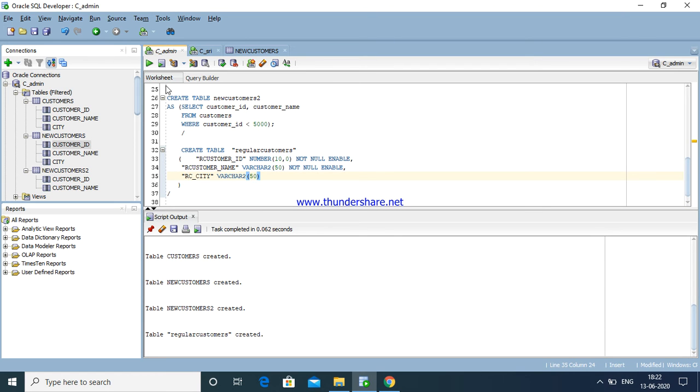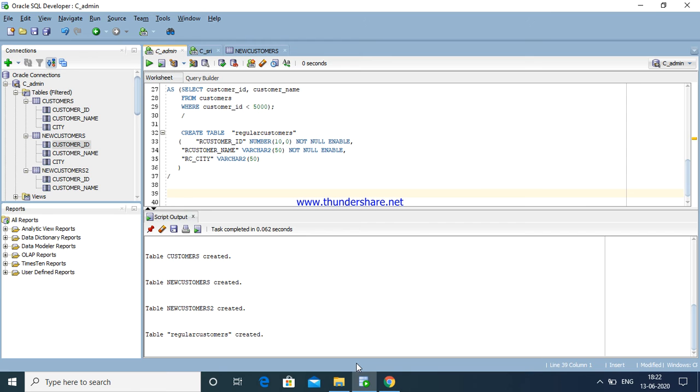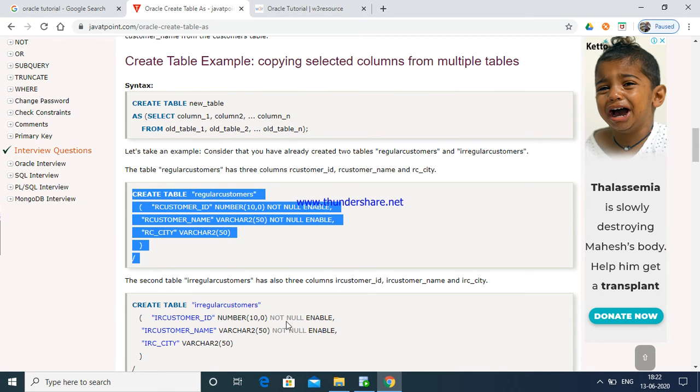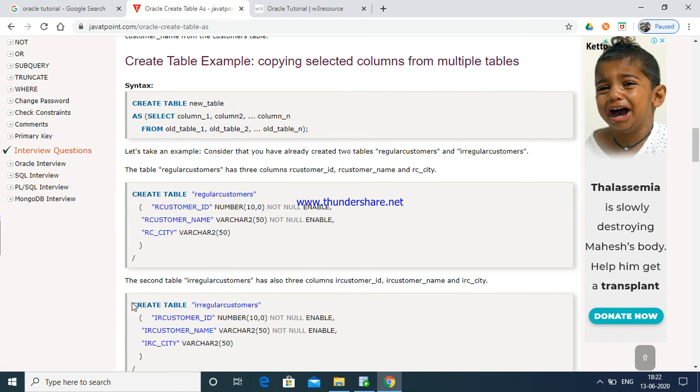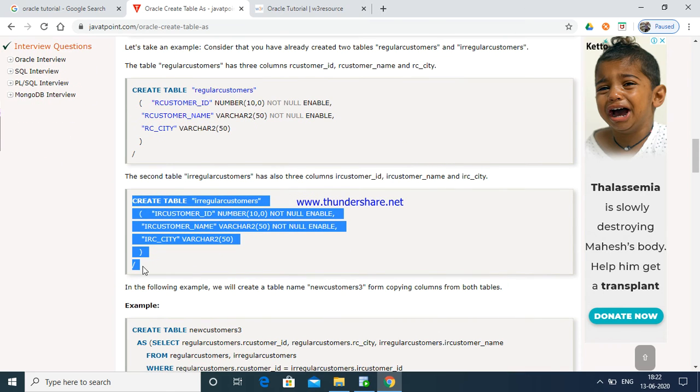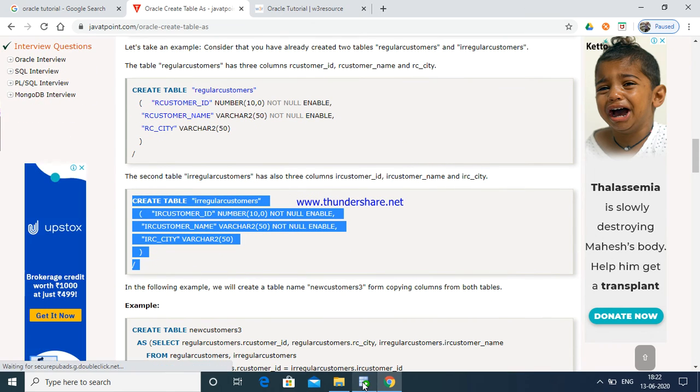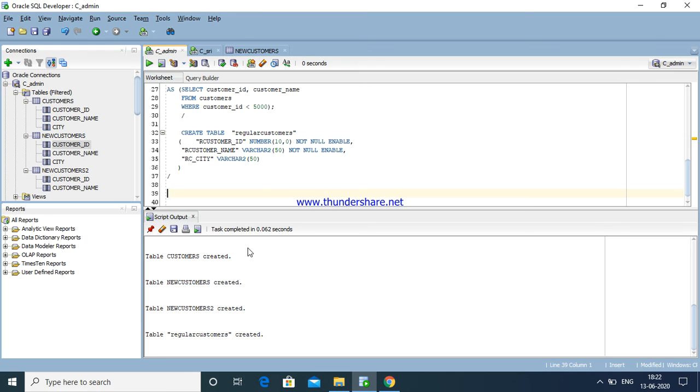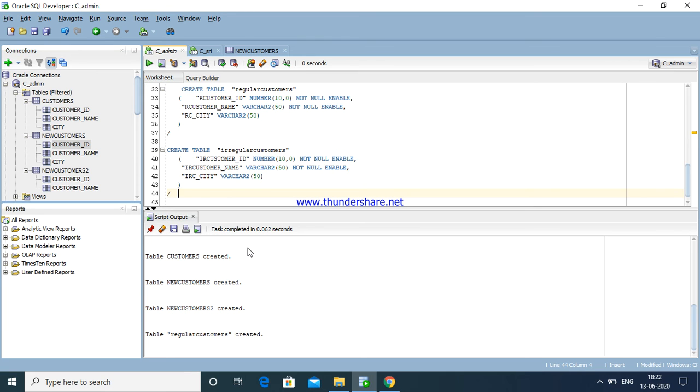The regular customer is created. Same way, I am going to use the irregular customers. This is the irregular customers. Just going to copy. Now both regular and irregular customers are created.